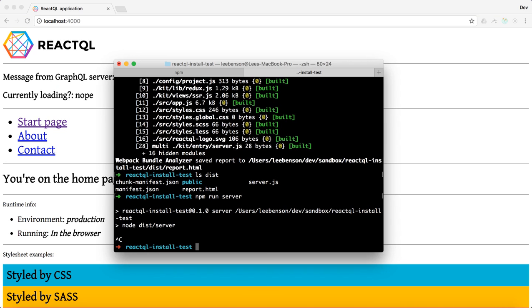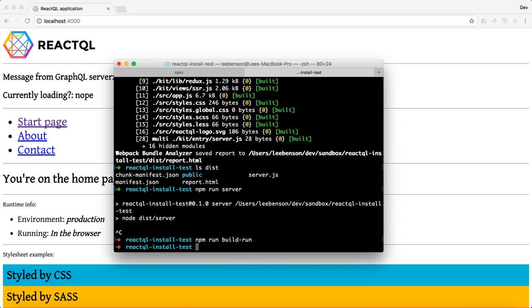There's one final command we can type if we don't want to run the last two commands as distinct commands. We can just type npm run build run, and that will actually go ahead and do both of those things at once, one after another. Now this is the same whether you use the JavaScript or the TypeScript version, so it's going to be identical. Of course, one of them is TypeScript code, one of them is JavaScript,